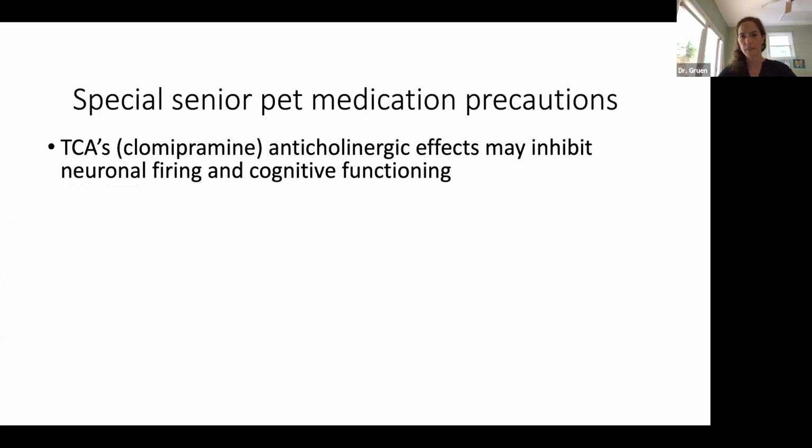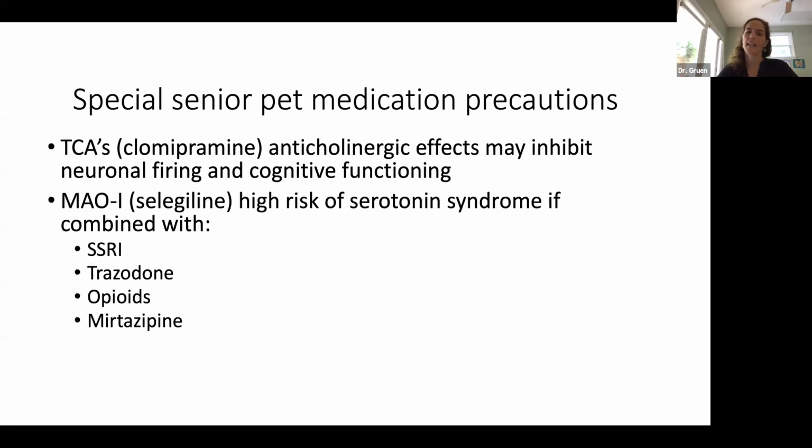We do want to be careful with certain medications that we can use. So TCAs like clomipramine or amitriptyline can inhibit neuronal firing and cognitive function. So they're probably not our best choices for cats. And then again, as I said, there's a high risk of serotonin syndrome if we use serotonergic drugs with a drug like selegiline, an MAOI. So SSRIs, any of them, fluoxetine, paroxetine, trazodone, opioids, certain opioids, and then mirtazapine, which we're using more and more in cats. We need to think about that one